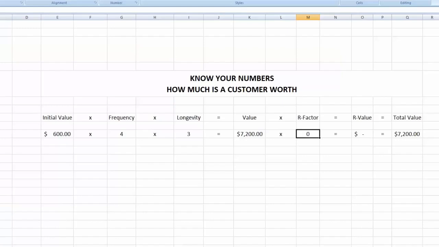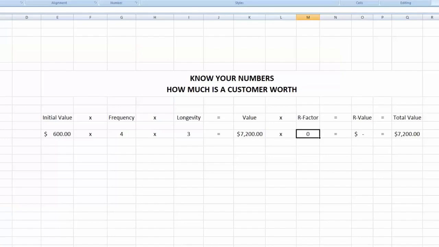If it's a plumber and it's just their business shirts and they don't seem like they're big talkers on the phone, they don't seem like they have a connection to the community, then maybe the R factor is 0 and it's still a $7,200 lifetime value of the customer. Here's my total value. But what if they are somebody that is a connector? They're part of Leads Group. They're community activists. It's a church with a lot of members, and all of their members need t-shirts for their family reunions, not just for this charity work. What if they're a good potential source of referrals? If you've been in business, you've got customers like that who just send you tons of business.